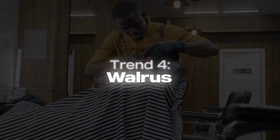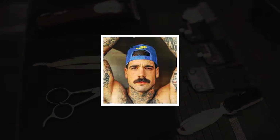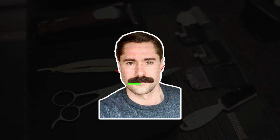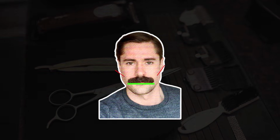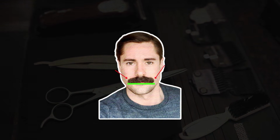Facial hairstyle number 4, the Walrus Mustache. The Walrus Mustache is a throwback to a time when mustaches were big, bold, and unapologetically thick. This is really the perfect style for someone who wants a mustache with maximum presence. Something that feels classic but has a certain rugged charm. Most of the time, you'll see Walrus mustaches completely covering the upper lip, often extending slightly over the corners of the mouth, giving it that heavy,